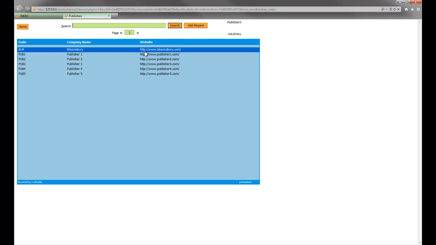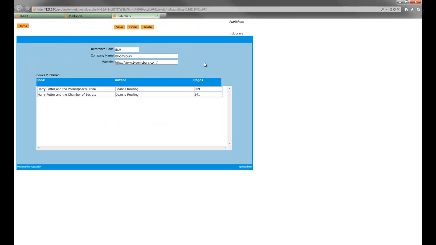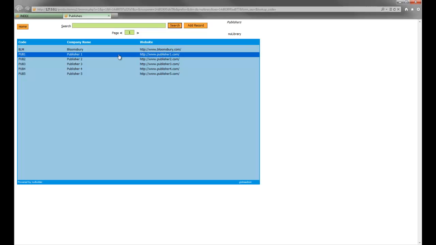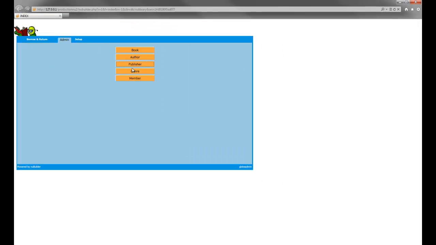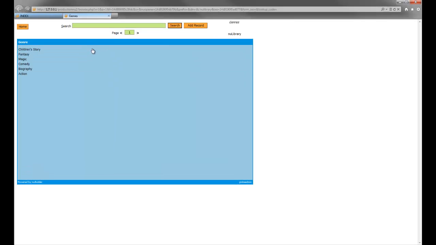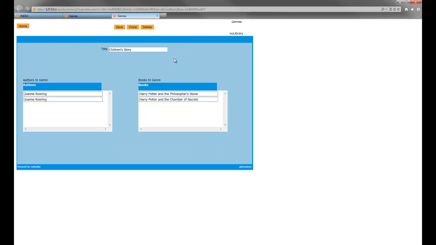Okay, next one's publisher. Look at this. Same kind of deal. I can check using our link tables which books have been published by each publisher. I added some garbage ones as well. Genre, simple. Genre is not going to have much. Same thing, I can do the exact same thing, so I can figure out which authors have written different genres. This, I need to group this right. I've obviously stuffed this up